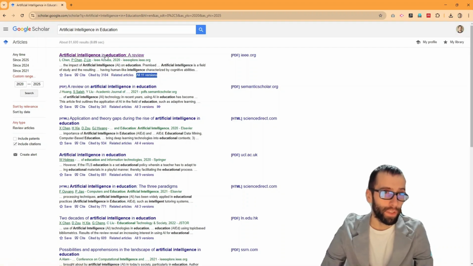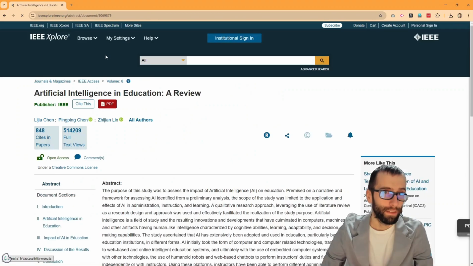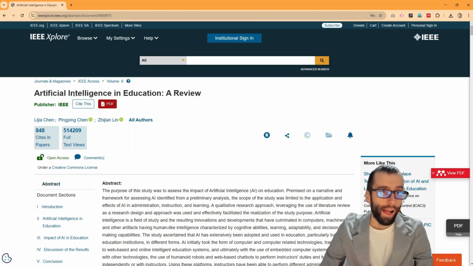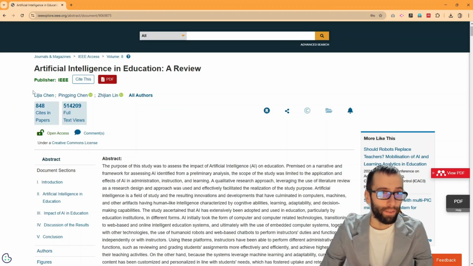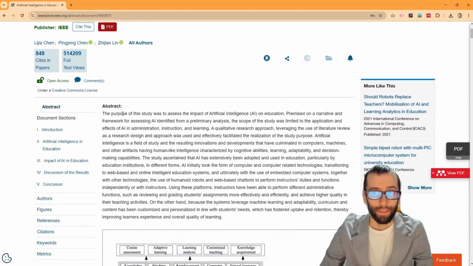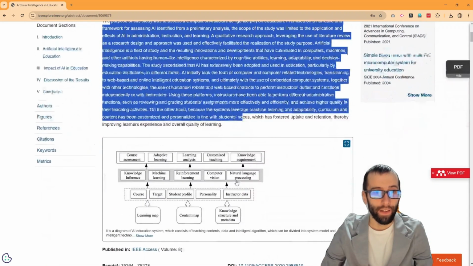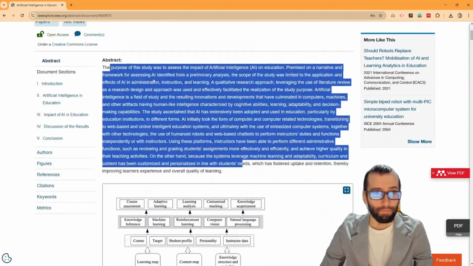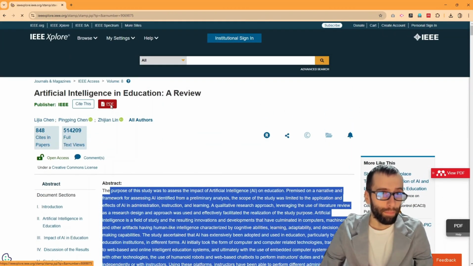And for example, we can click on it and you see it redirected to the other databases, and there are the authors here. You can see that there is the abstract here, and we can also download the PDF file